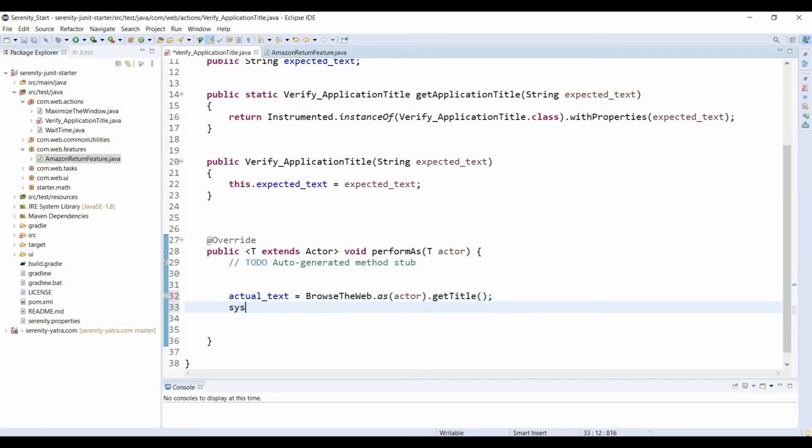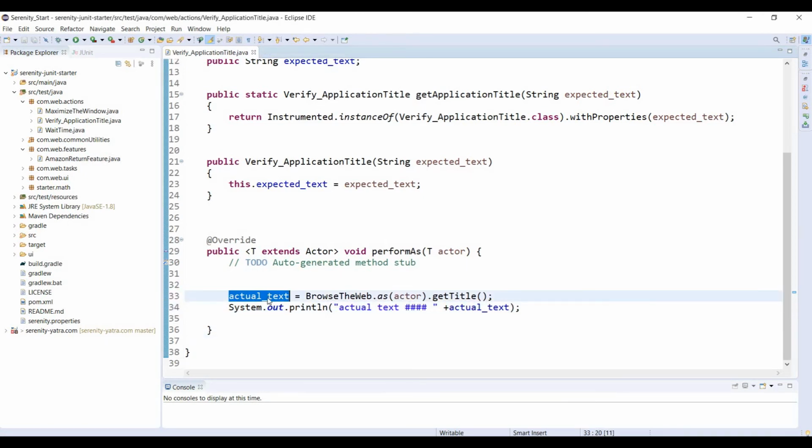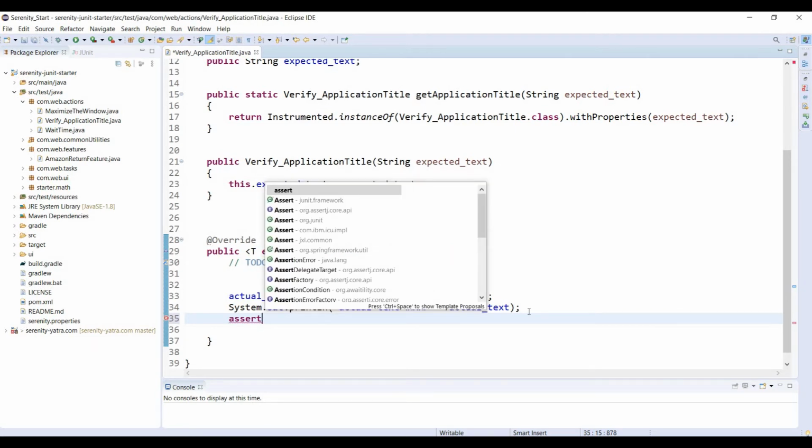For testing purposes I just put a System.out.println of the actual text. Next I'm going to validate this actual text against the expected text, which is passed as a parameter, right? So how can I validate? Using an assert condition. So assert, Ctrl+Space.